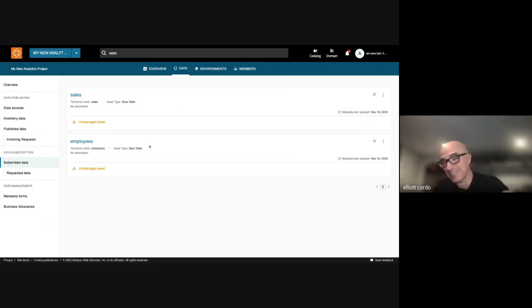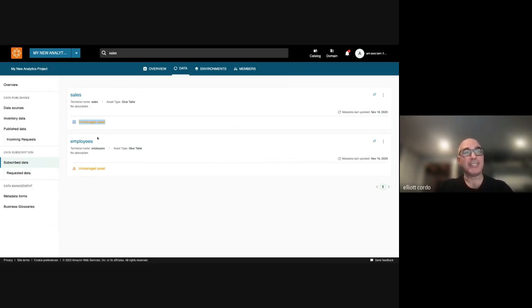Now, here's where I got stubborn and I didn't go step by step through the instructions. The model by which DataZone provisions Lake Formation, essentially security against these objects, I didn't set up right. So it doesn't have the ability to actually manage the security of the assets. So that's what that yellow means, but we can just pretend that I did it right.